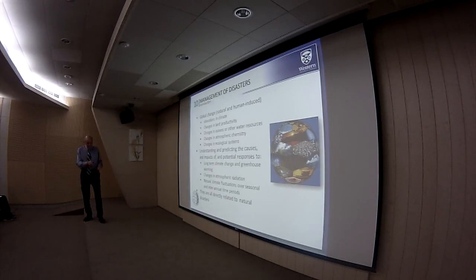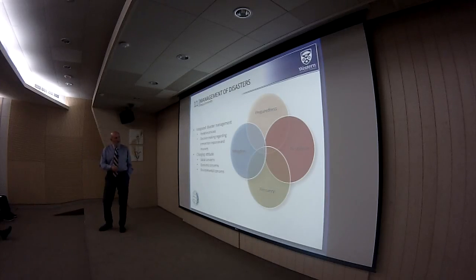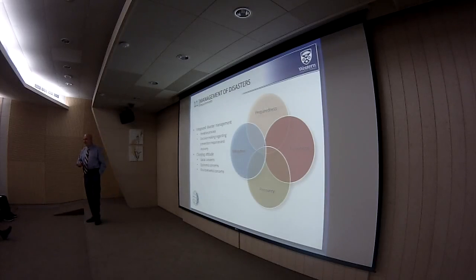So the point is that almost everything that's occurring around us is directly related to natural disasters, and therefore I think there is a need to look at their management in a different way. This is a very traditional way of looking at disaster. This is called the disaster management circle, except that I replaced the circle with the so-called Venn diagram,